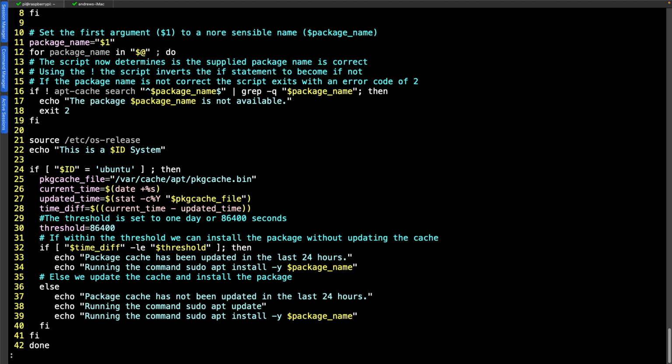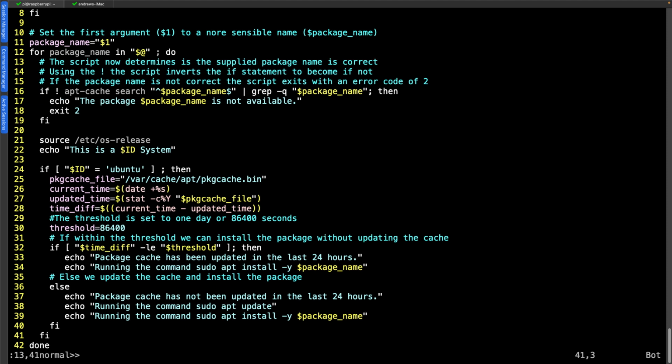I can go back to my colon prompt, at the bottom left of the screen, and you can see that I'm selecting line 13 through to line 41, so 13,41. They're the lines that I want indented, and we're going to use a normal indent. We could do a left indent, we could do a right indent. We just want to indent to the indent level, and we put then the double greater than symbol to specify that we want to increase the indent.